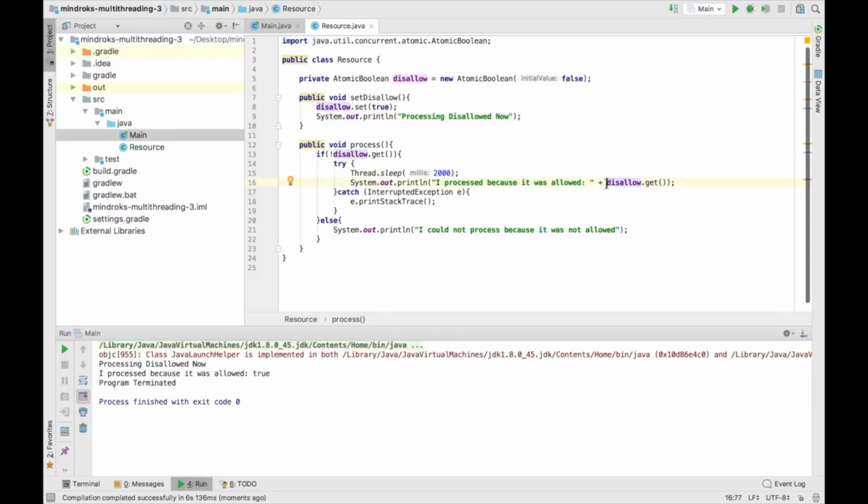and disallow.get was true. It means that it was able to process even after its value was set to disallow. So in order to solve this problem, that when I call process, the value of disallow should not change until I have processed. So I will add a synchronized keyword to this, and similarly for disallow. So what I have done is I have made process synchronized and set disallow synchronized for